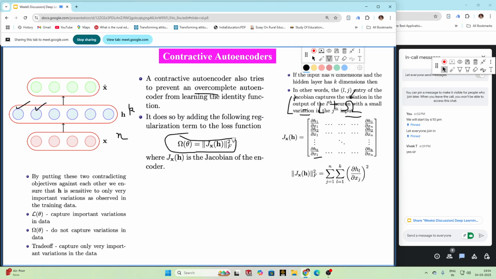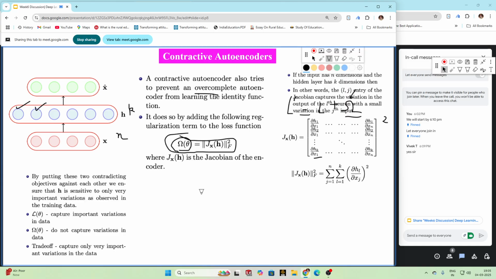And the Jacobian matrix we have to square, sum, and then square. If you just square this matrix, that will be sigma theta. We just have to calculate the determinant and then square it, and you will get this sigma rho theta. And another thing about this contractive autoencoder is, now the other question is how much generalization, or how much regularization, we want. Actually we don't want our sigma theta to be that large.